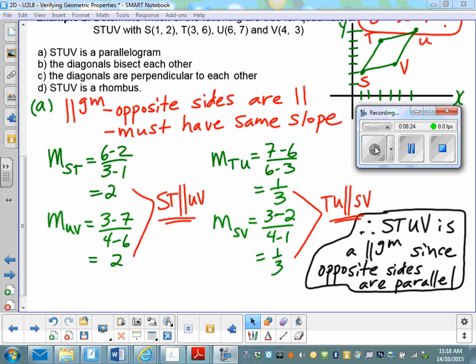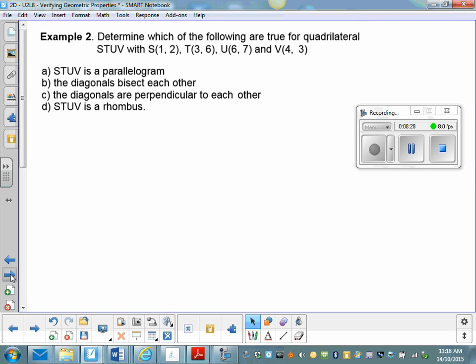Now we'll take a look at part B. So we want to prove that the diagonals bisect each other. So for this one here,